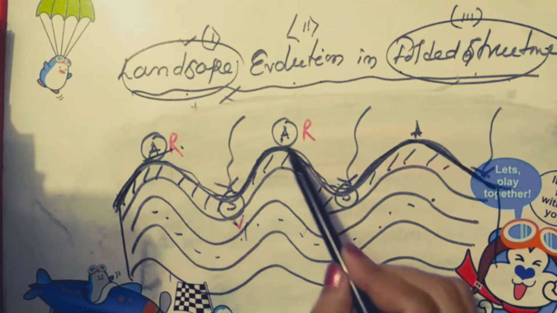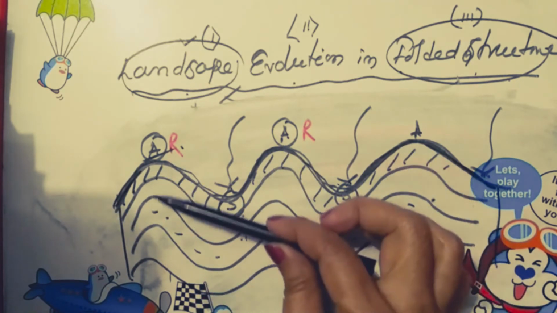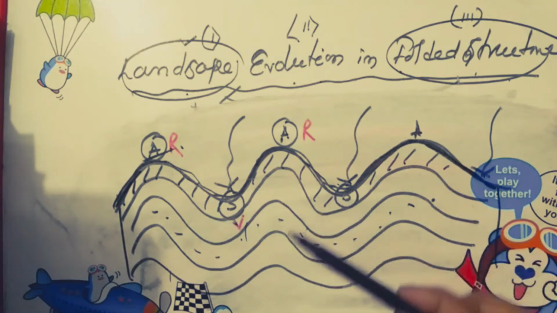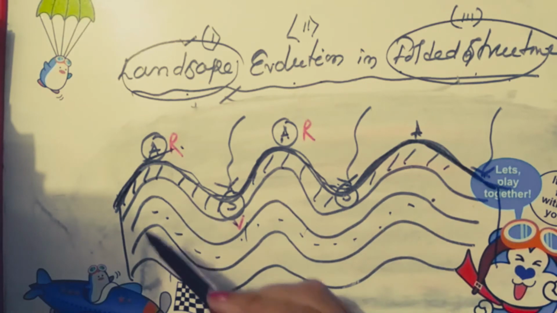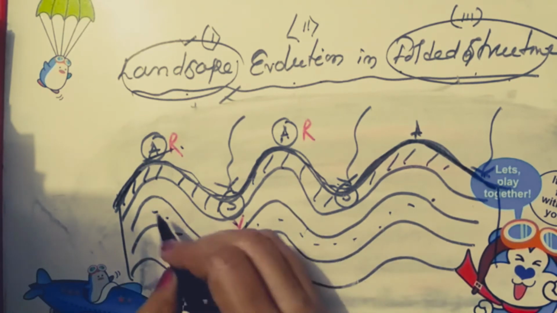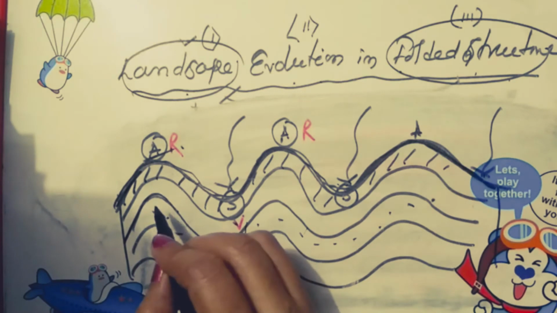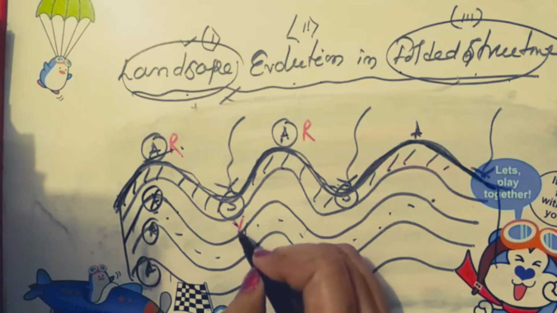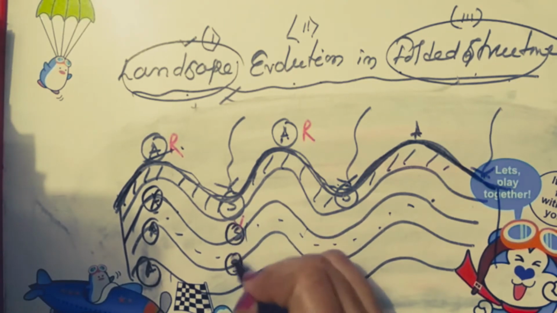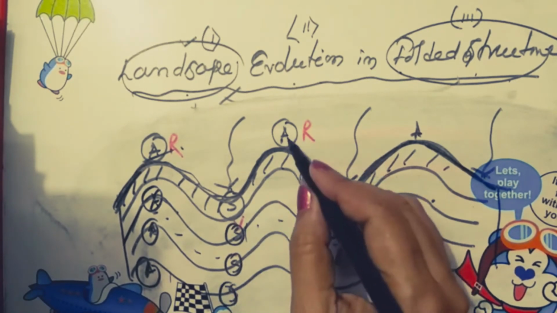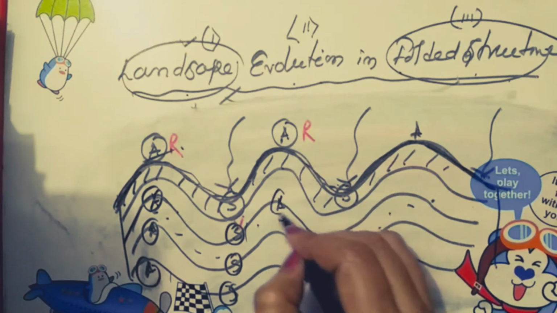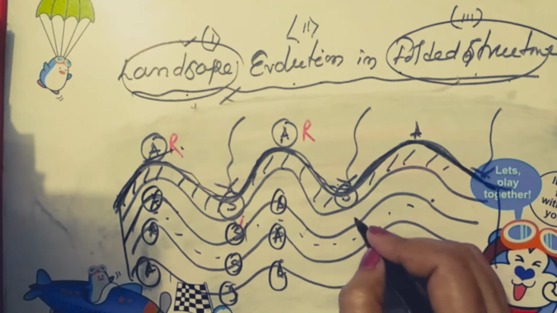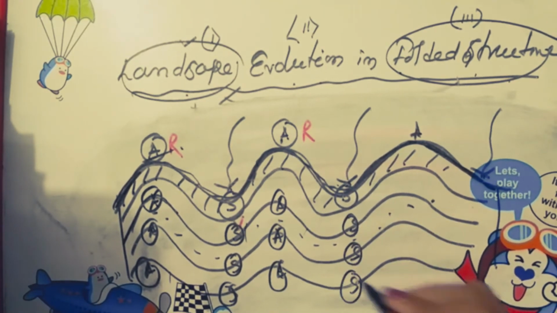This is the landscape and these layers are the internal alignment. If I look at the internal alignment, here the layer is anticlinal, and here the internal alignment is synclinal. Along this line the internal alignment is also the anticlinal ridge alignment, and here the internal alignment is also the synclinal valley alignment. So